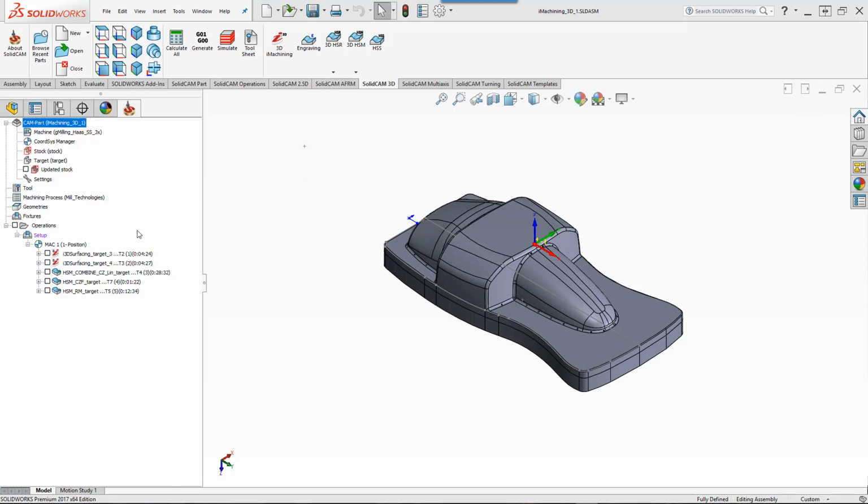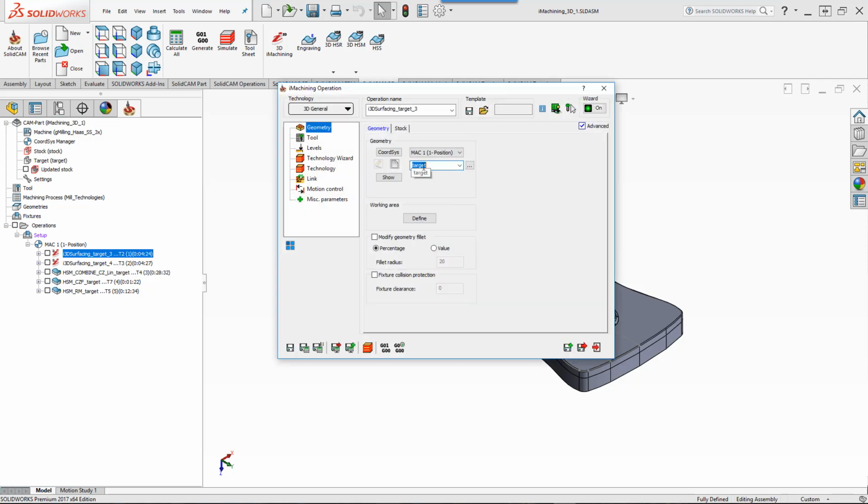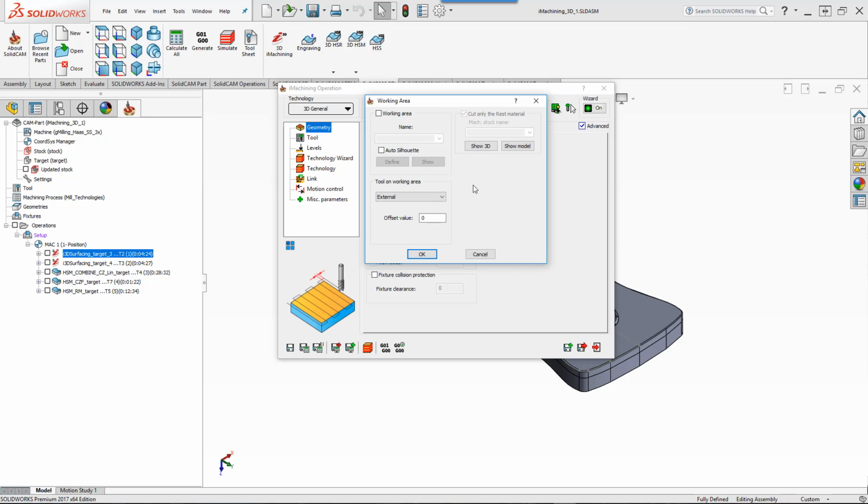Now, if we take a look at our first operation, you'll see that we have our target, which is defined automatically, taken from the target that we defined in the beginning of our CAM part setup. And if we take just a quick look at our working area, you'll note that cut only the rest material is automatically checked, so it will only cut material that is available to be cut, whether it be your stock